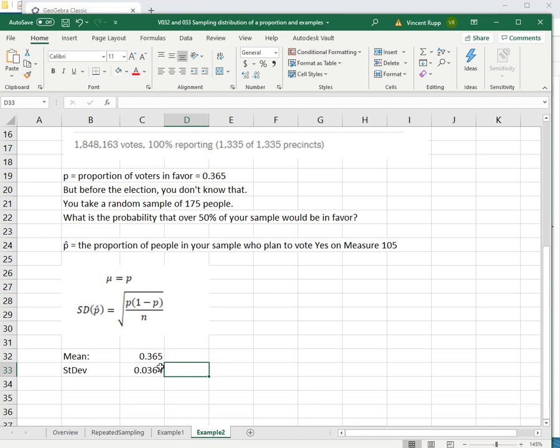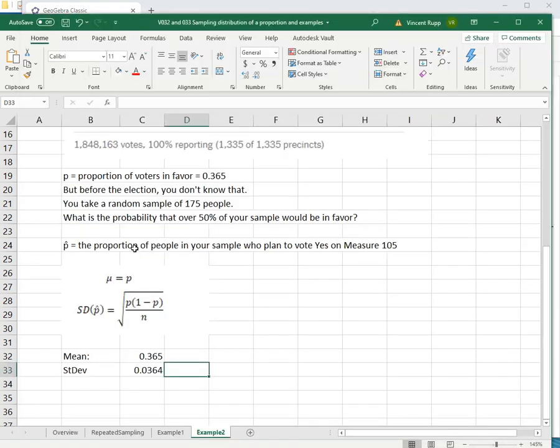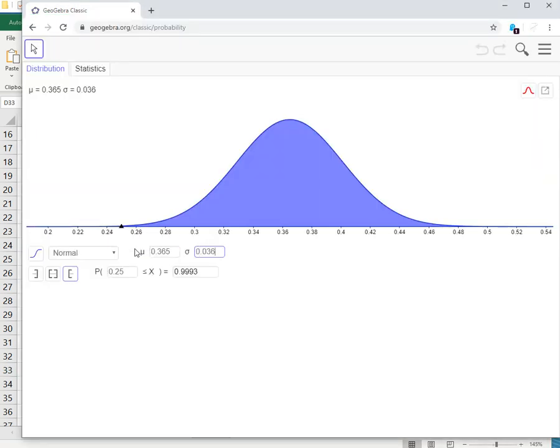You put that into GeoGebra with this mean and this standard deviation. So 0.365 and 0.0364. I didn't mean to make those numbers so close together, but it worked out. Just setting up your normal model with the mean of 0.365, you can see that it's very unlikely to get a sample with more than 50% in favor, because that's a number of standard deviations above the mean. If you set this up with the upper tail, you can enter 0.5, and it calculates the probability as